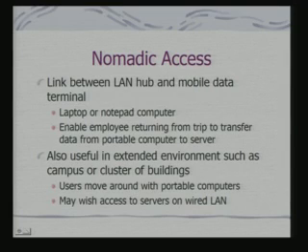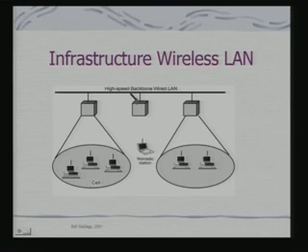Also today you will find that airports and others are becoming wireless LAN enabled. So, you get a nomadic access using your laptops or even your palm tops. The basic infrastructure wireless LAN is conceptually this: you have a high speed backbone wired LAN, and these are the cells, and you have these basic nomadic stations. You can move from one cell to another cell, and when you are in any of the cells you can access all the servers connected to the infrastructure backbone.